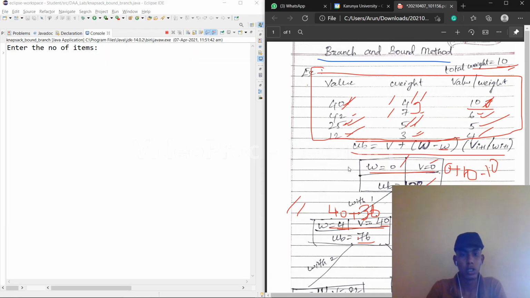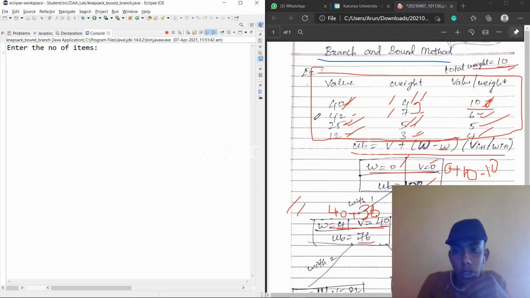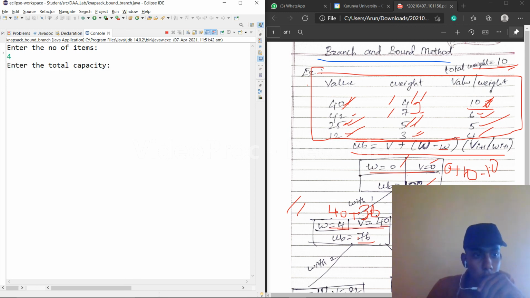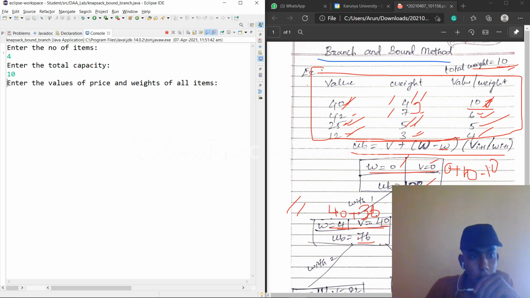Enter the number of items as 4 and the total capacity as 10, and the values and prices are 40 and 4, 42 and 7, 25 and 5, 12 and 3.